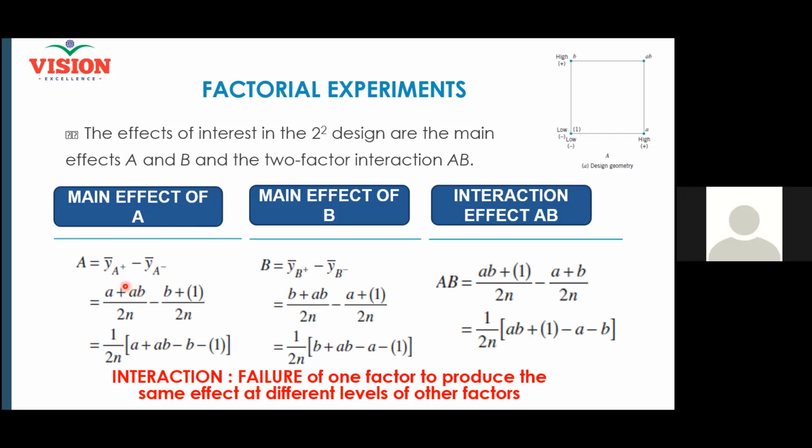Because when I have my factor A at a higher level, I have run two experimentations. See here, my factor A is at high. This is my first run. Where is my second run? This is my second run. What is the level of A here? High or low? High. When my A is at high, I have run two trials. When my A is at low, I have run two trials. So I take the average on the right side, also take the average on the left side and find out the difference. That difference is nothing but the main effect of A.